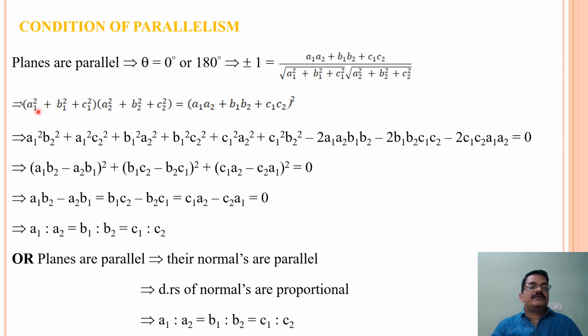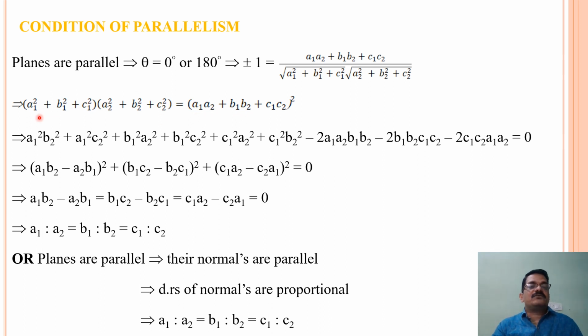That implies a1 square b2 square plus a1 square into c2 square plus b1 square into a2 square plus b1 square into c2 square plus c1 square into a2 square plus c1 square into b2 square is equal to,